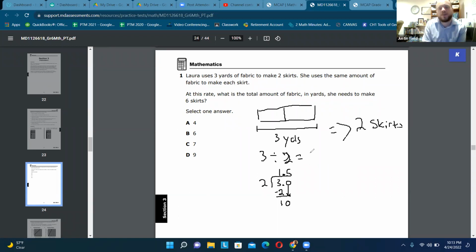So 3 divided by 2 is 1.5. So that means one skirt is 1.5 yards. And so 6 skirts